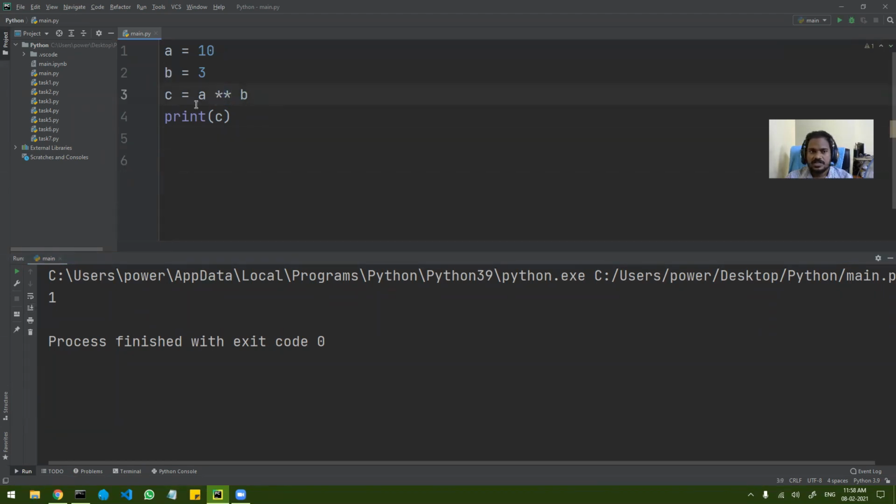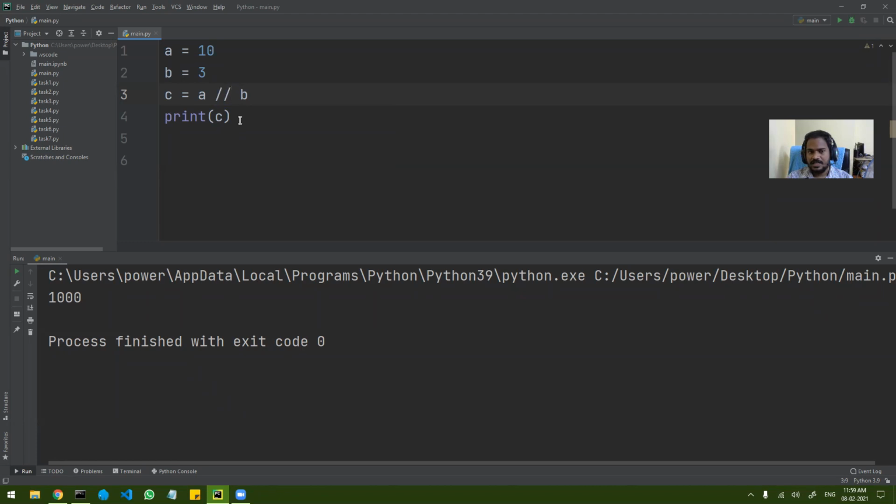ठीक है, सो इट इज a raised to b, basically that is how you read this. Okay, so it is 10 raised to 3, so that should give you 1000. Okay, so usually in C we used to use math library, if you remember, and pow command use करते थे इसके लिए, but python में inbuilt ही है. Okay, so कोई library use करने की जरूरत नहीं है, right. And another thing is